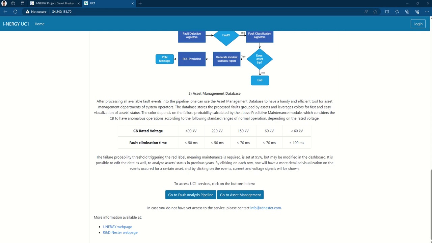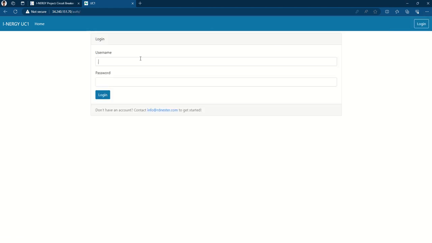All the above information is then stored into the asset management database, which collects all the processed events and groups them by asset. As we will see later, the database leverages traffic light labels for an effective visualization of the status of each asset that is considered to have anomalous operation whenever the fault elimination time exceeds the threshold indicated in the table. After logging in,